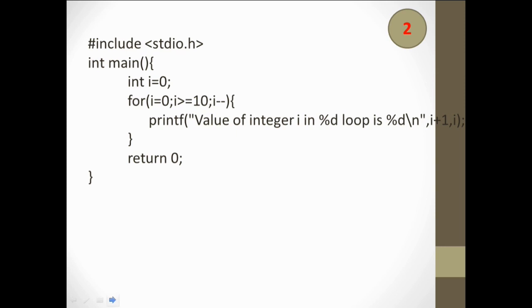So here you can see this is a similar question to the first one. Here we are assigning 0 value to that integer variable I. Okay, so from this statement the value of I becomes 0. After that we are going inside the for loop, and here in the first statement, initialization, again we are initializing variable I with 0 value. So from this statement we get I is equal to 0.